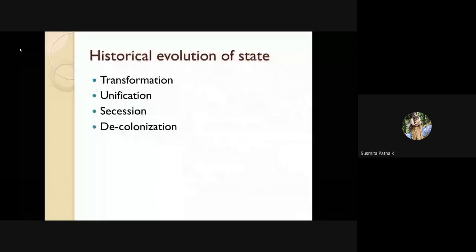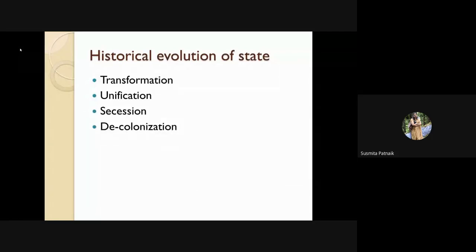Then the next one is called the historical evolutions of the state, where the state has evolved. What are the different causes, or what are the different